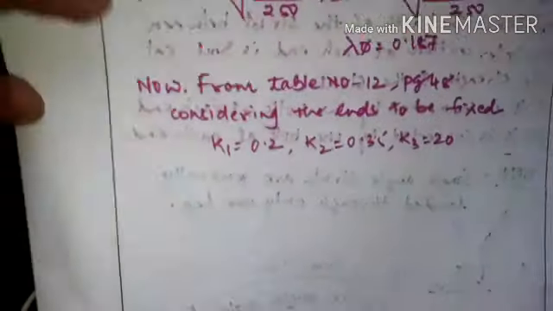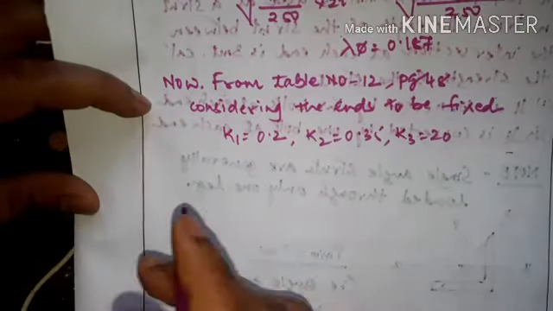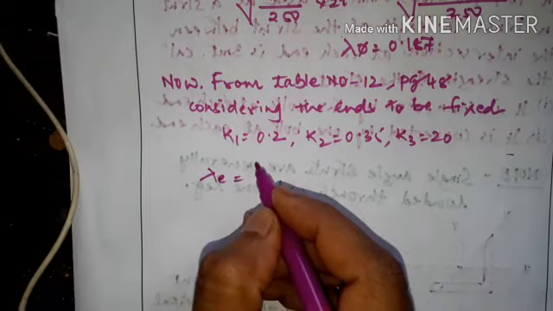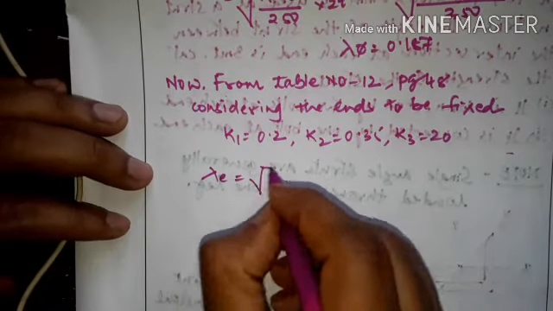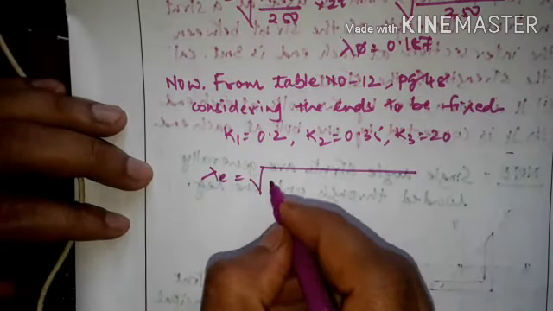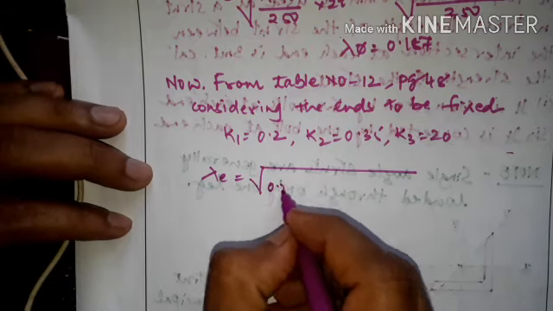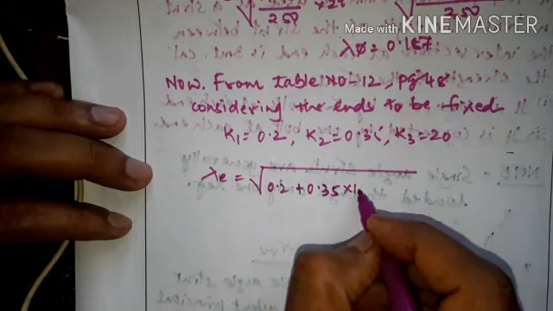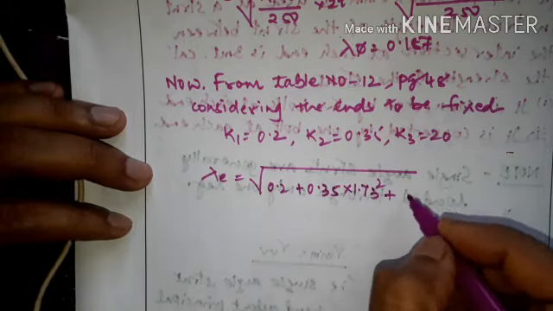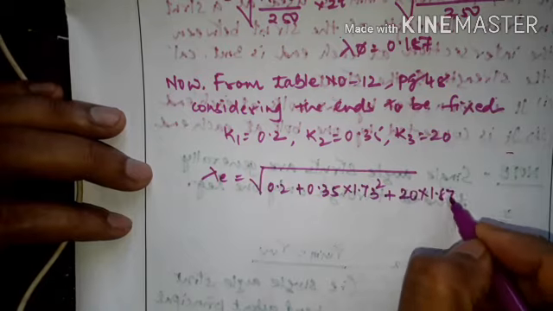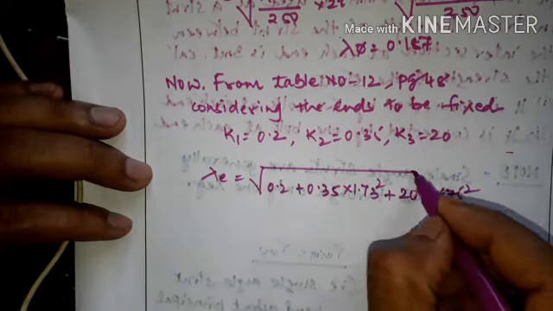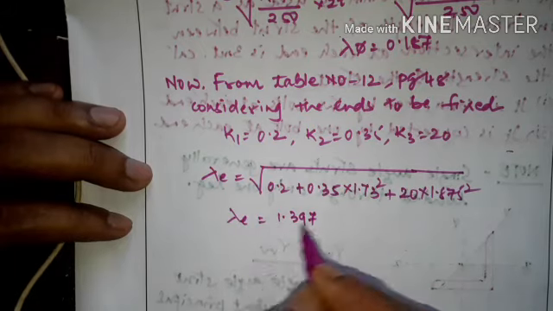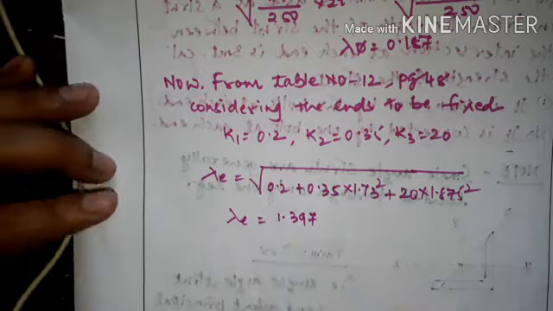So next, I have got lambda phi, lambda VV. So we will calculate lambda now. Lambda E is equal to, I will write here. So it is square root of, I will not write the formula, I will write the value directly, plus 20 into 1.73 square plus 20 into 1.875 square. So we will get lambda E is equal to 1.397. Understood?